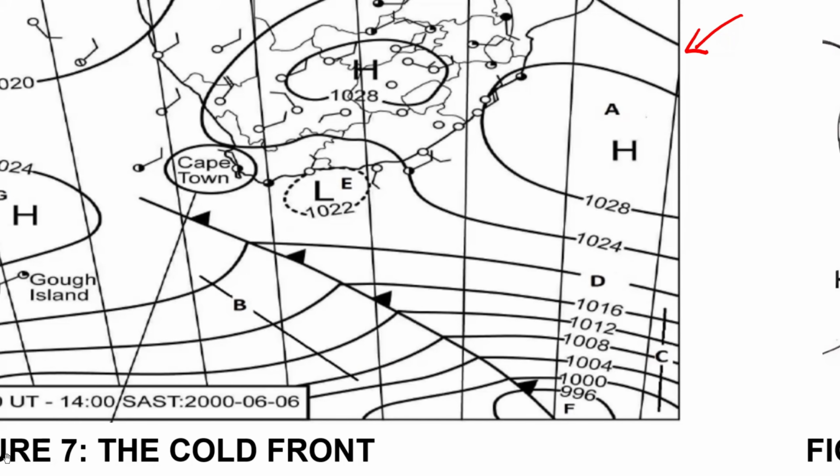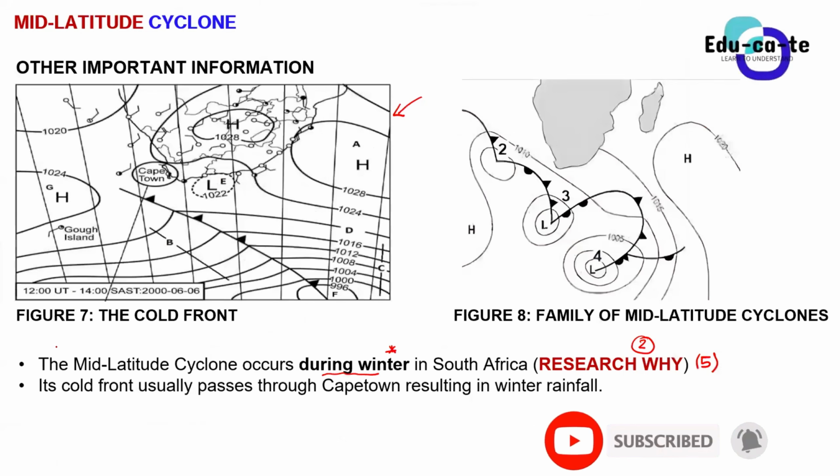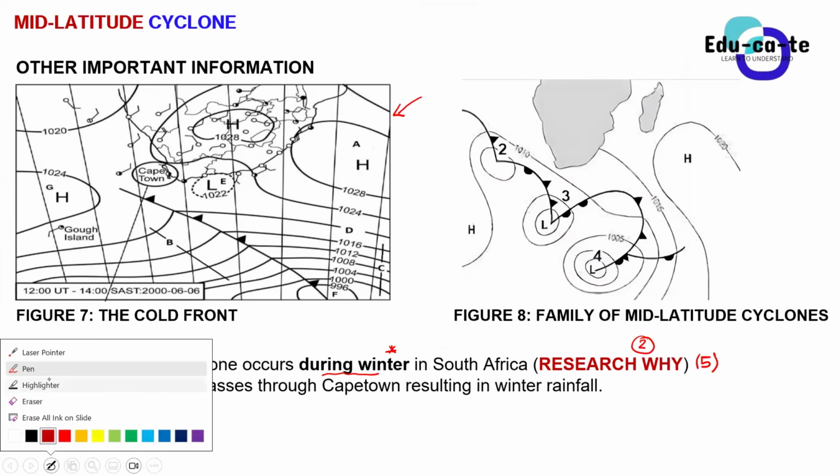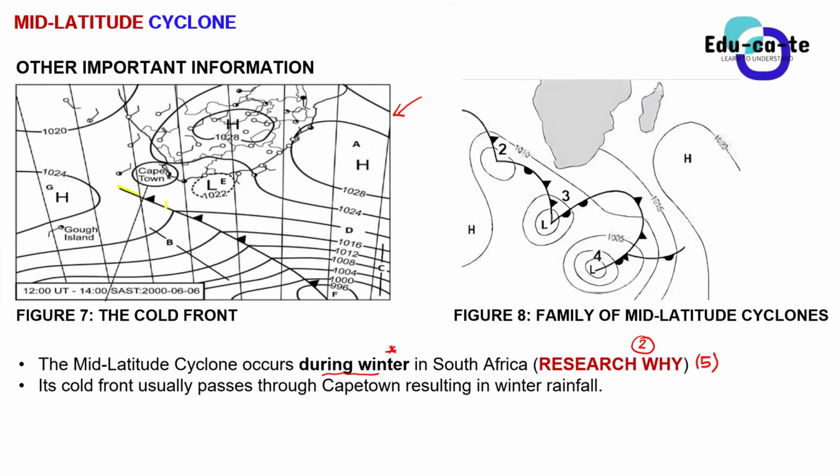So most of the time when it appears in a synoptic weather map, they will not draw the entire cyclone. They can just draw it as a cold front. So whenever you see a cold front, you should know that that is a mid-latitude cyclone. You shouldn't just say it's a cold front that is just floating in the air. The moment you see that cold front drawing in a synoptic weather map, you should know that it's a what? It's a mid-latitude cyclone.